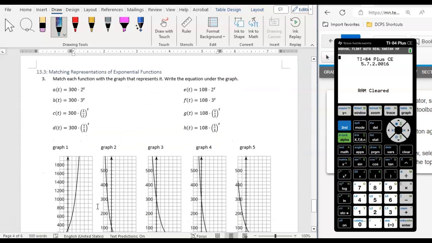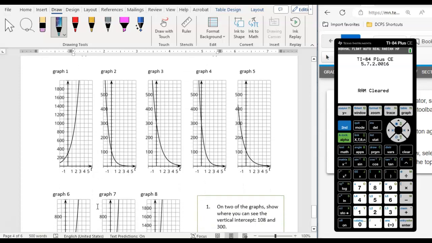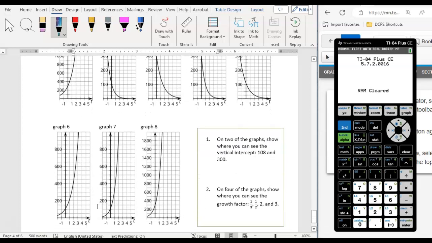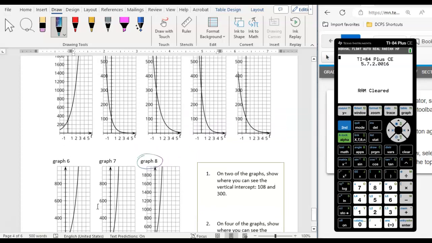All right, our last part here is very simply just matching these equations with the graphs, which ones are which. So let's start with this 300 times 2 to the power of t. So we know for this one our starting value will be 300, so we're looking at a y-intercept of 300 and increasing by double each time. So this is an increasing value here, and so that helps me to recognize that this is probably going to be graph 8. Here we have a y-intercept of 300, and this is the only graph that is also then